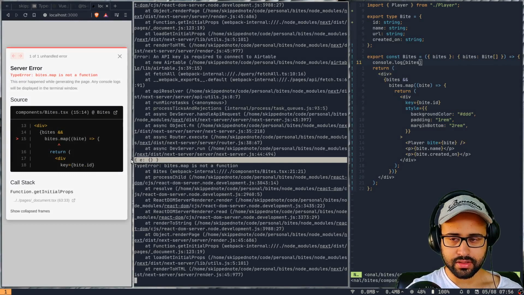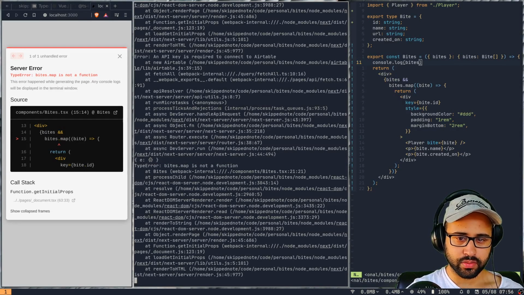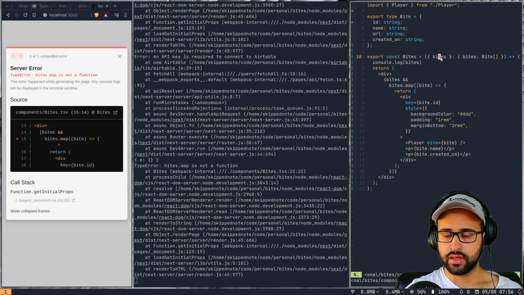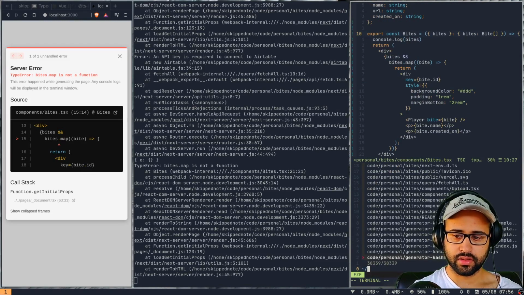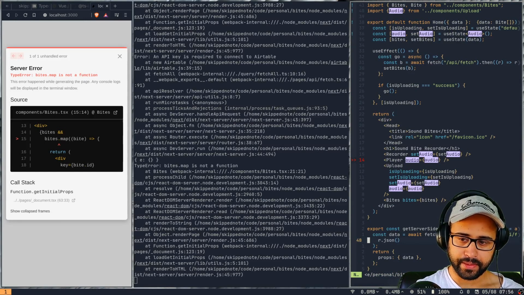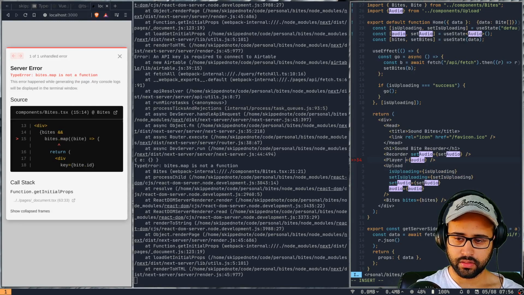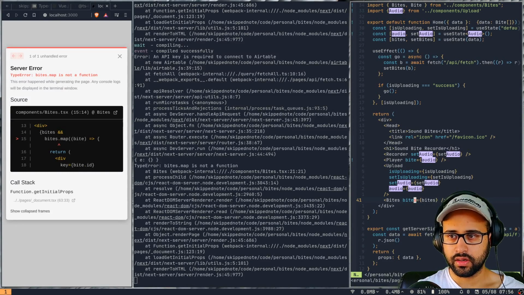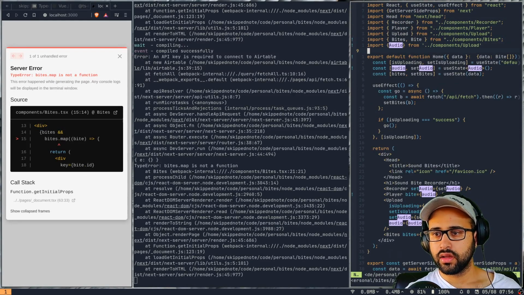Yeah, we are getting this. E is an empty object, right? So let's see what we are getting here. So this would be in index because we are getting bytes up here.